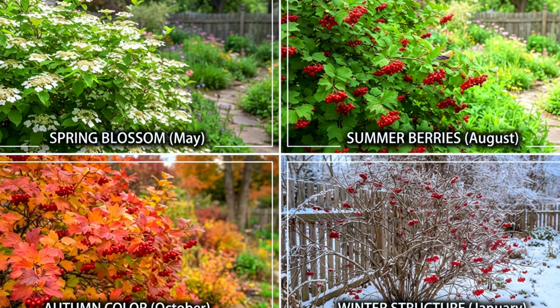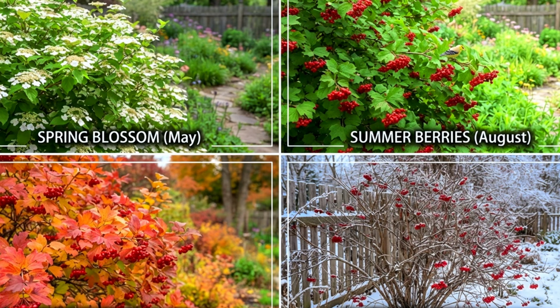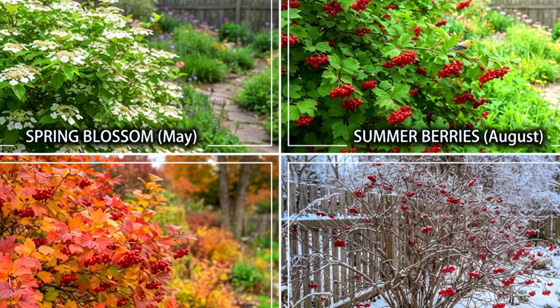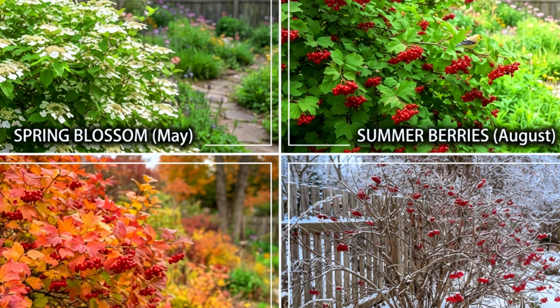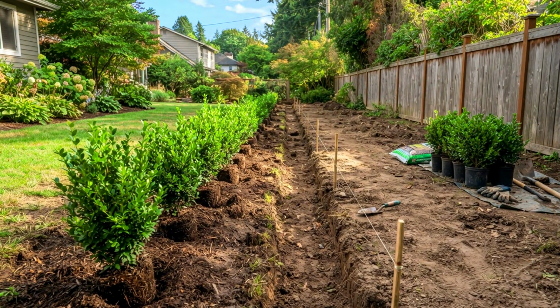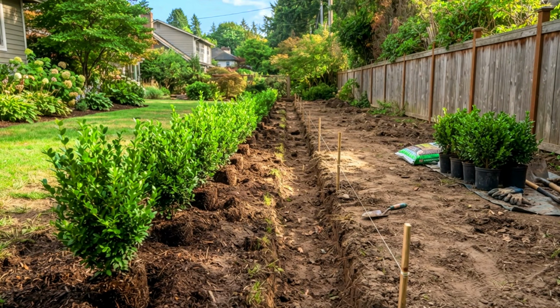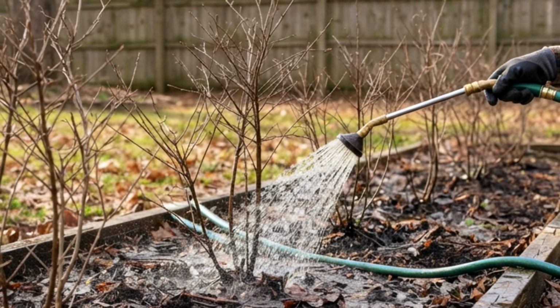A living screen softens a property line instead of drawing a hard edge around it. Depending on what you plant, it can offer flowers in spring, berries in summer or fall, structure in winter, and habitat for birds and pollinators the entire time it's growing. If one plant dies or gets damaged, you replace that one plant, not an entire section of fencing. And you can plant it in phases, a little at a time, as your budget allows, which isn't really an option with a contracted fence installation,